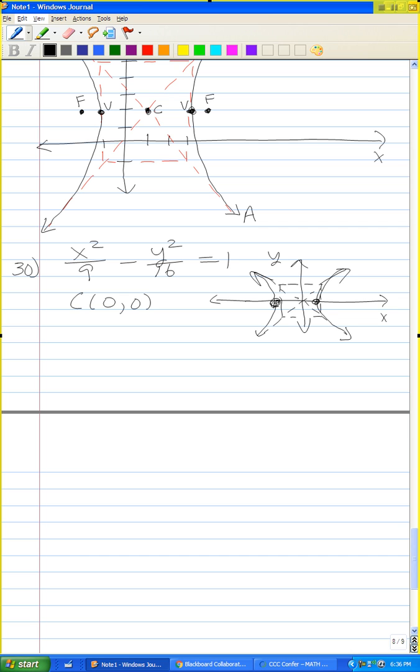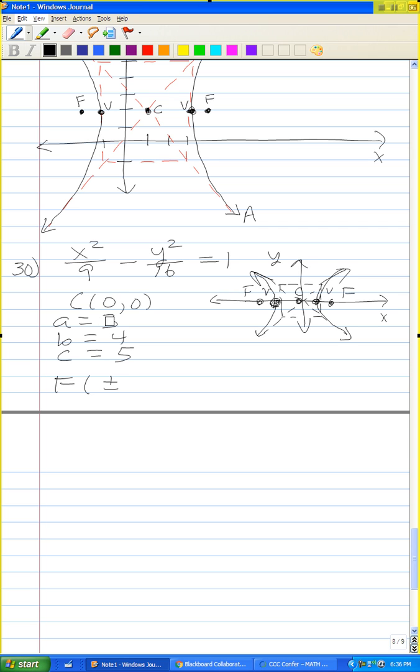And here are my center, vertices, and foci. Okay. So A in this case, square root of 9 is 3. B in this case, square root of 16 is 4. C, 9 plus 16 is 25. Square root of 25 is 5. Therefore, the foci are located at plus or minus